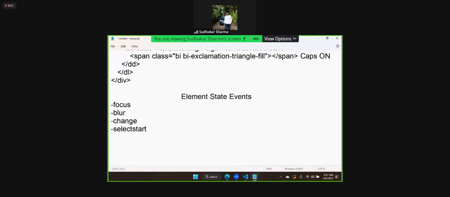Actually, element state events. Focus means element gets focus. Blur means